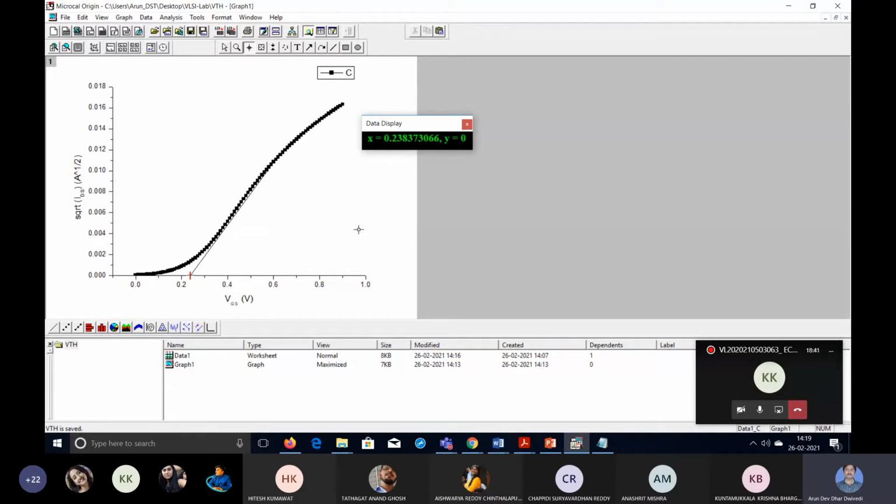So this is the extra point which we wanted to add, how to get the threshold voltage by underroot ID versus VGS. Though threshold voltage can be approximated from the ID versus VGS plot itself, this will give a more exact value. So it is giving 0.238, meaning around 0.24 volt for the 50 nanometer N channel MOSFET,